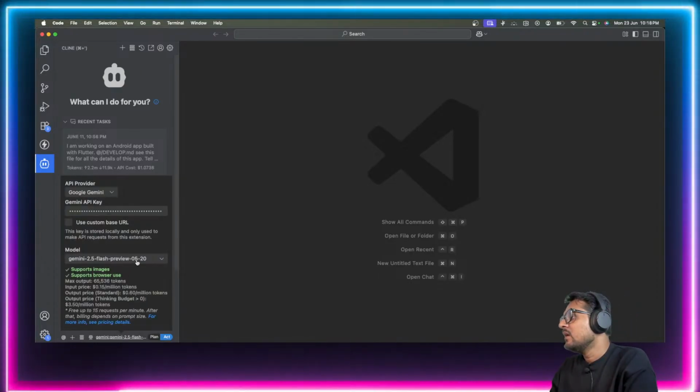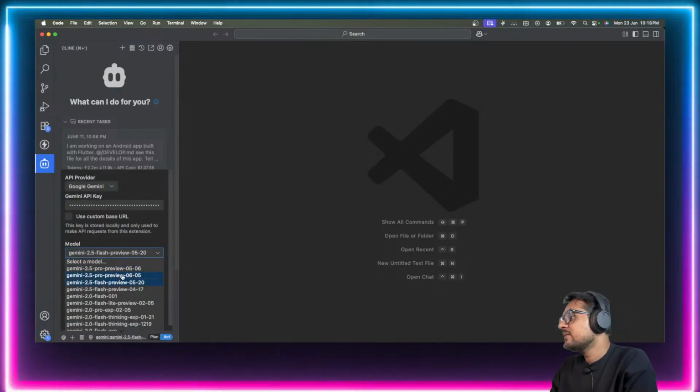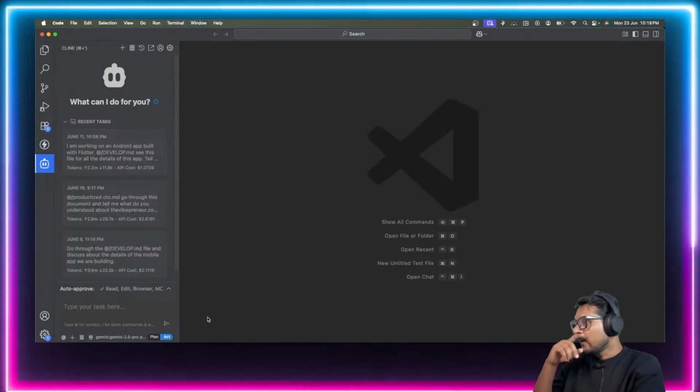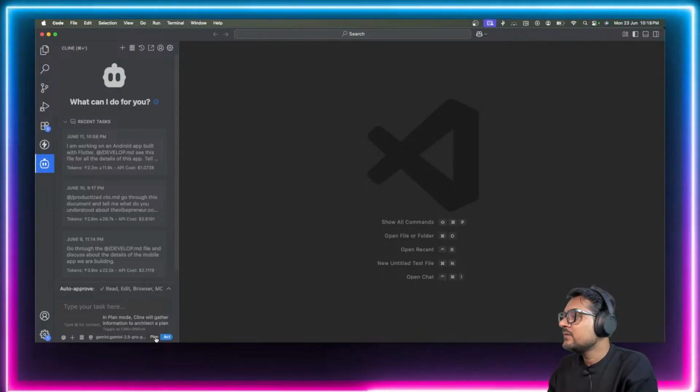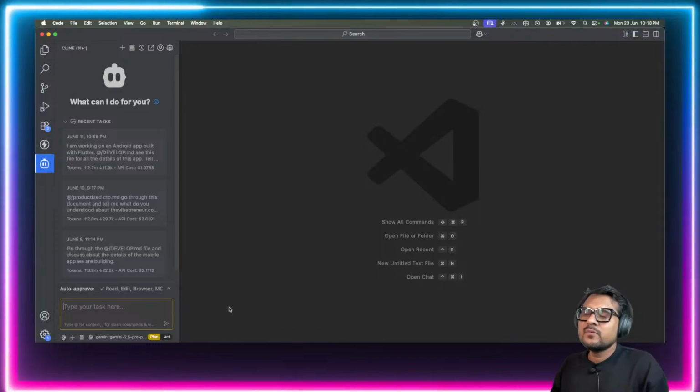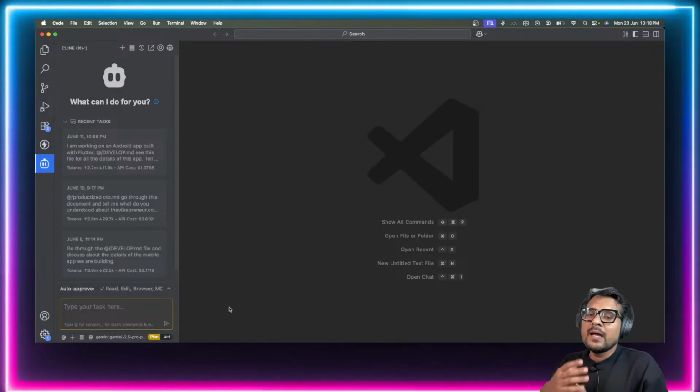So for our use case, let's start with the Gemini 2.5 Pro. Also, there are two modes for using Cline. There is a plan mode and there is the act mode. By default I tend to always start with my project in the plan mode, and then as you can